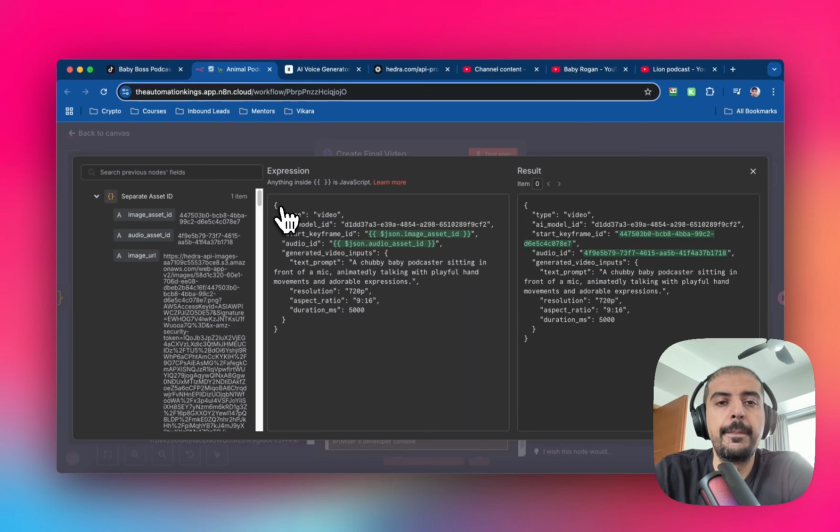This is in their syntax. It's just JSON. The type is obviously video. The AI model ID is this one here. If you want more information about the AI model ID, just head over to Hedra's API documentation, and there's a list of them. You can use any of these that you want. I've just used this particular ID. Then the start keyframe ID is just the image asset ID. The audio ID is the audio ID, which is why I had to separate it out,